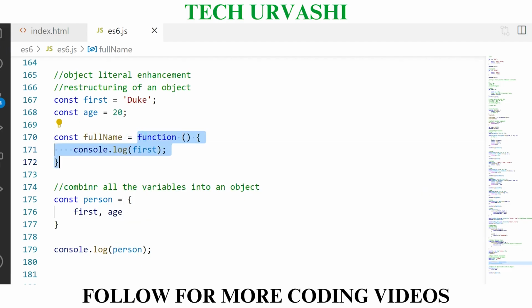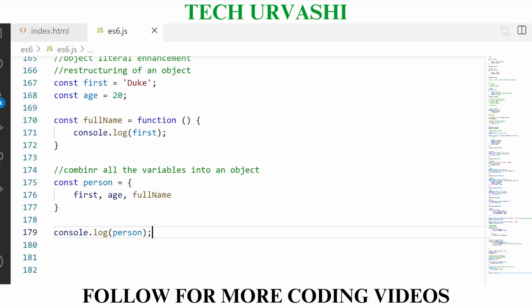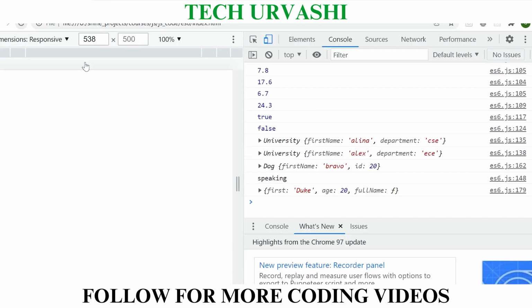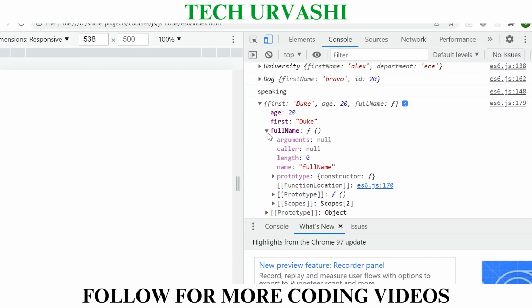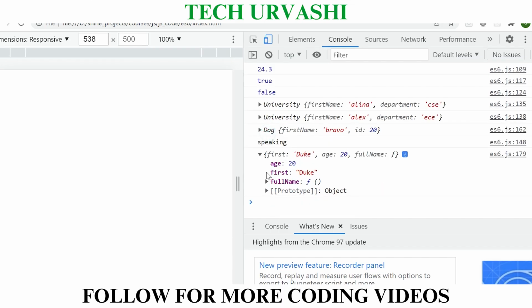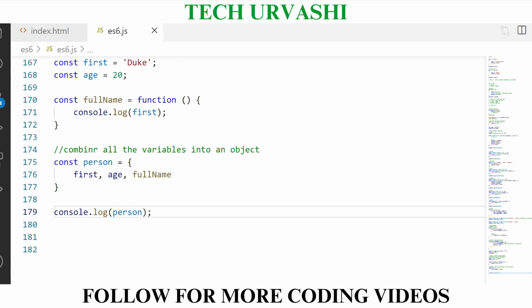We are storing a function in some variable. So now I can just pass this fullName as well. If I refresh, I can see fullName will also be a part of this object now, which is a function. So we can have object methods as well. This function is also like a floating variable, so I just included this inside my object.